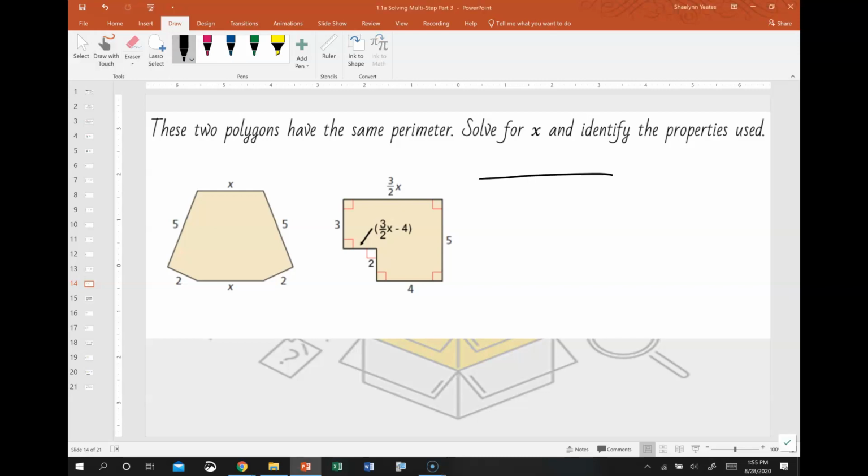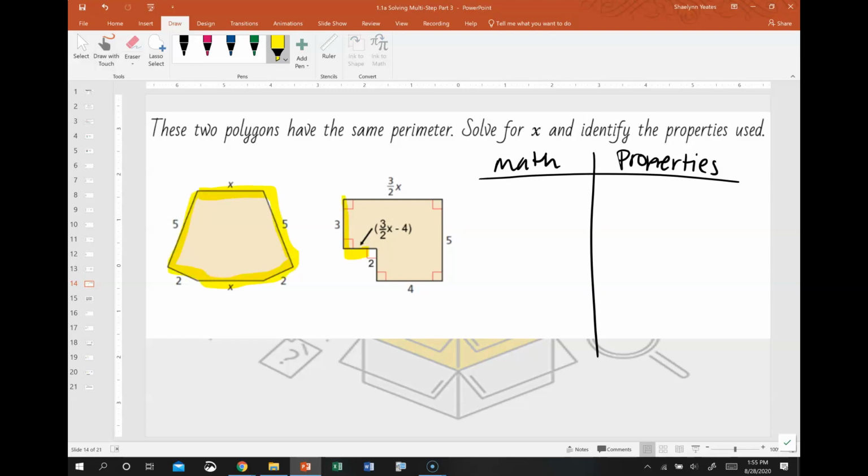So I'm going to solve my math on the left. So I'm going to put math. And then this is going to be my properties on the right. Okay, so on the left, I'm going to set up my equation so that the outside of this shape is equal to the outside of that shape. So the outside of this shape is x plus 5 plus 2 plus x plus 2 plus 5 equals,